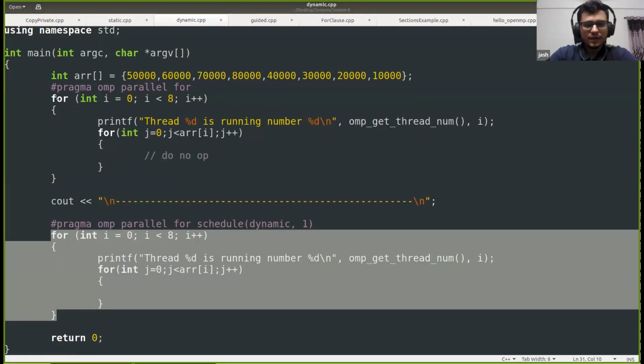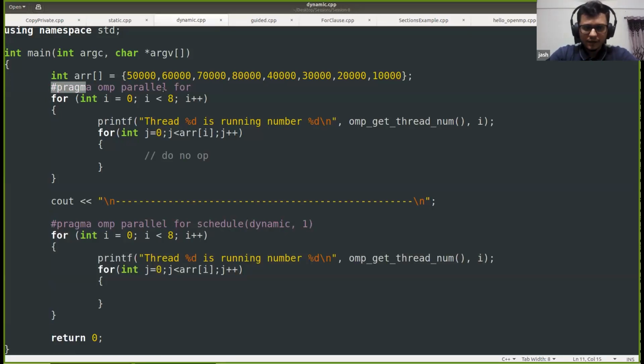Here in this case, the first outermost loop, we are parallelizing using #OpenMP parallel for, and the second one using the same parallel for, but scheduling is dynamic here. And yeah, we have already seen this example worked out, but now let us see how the scheduling is being done.